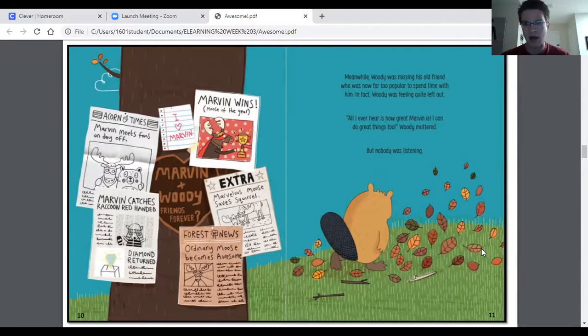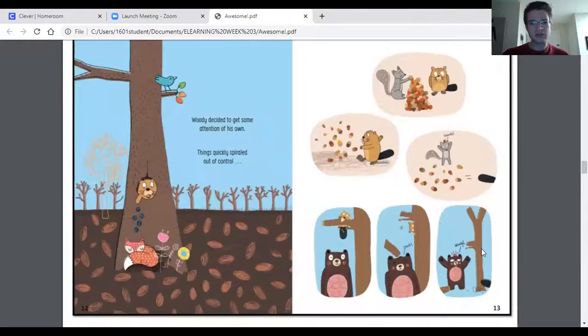Woody was feeling left out. Woody was feeling sad that his friend was spending so much time being a hero that he had no more time for him. Because then on this next page, we saw that Woody was doing something he shouldn't be doing. He was acting out. Now think back to what I said about central message. We think about what the characters are doing right or what they're doing wrong. And right now we're focusing on Woody. So ask yourself this: on these pages, did we see Woody doing anything right? Or did we see him doing something